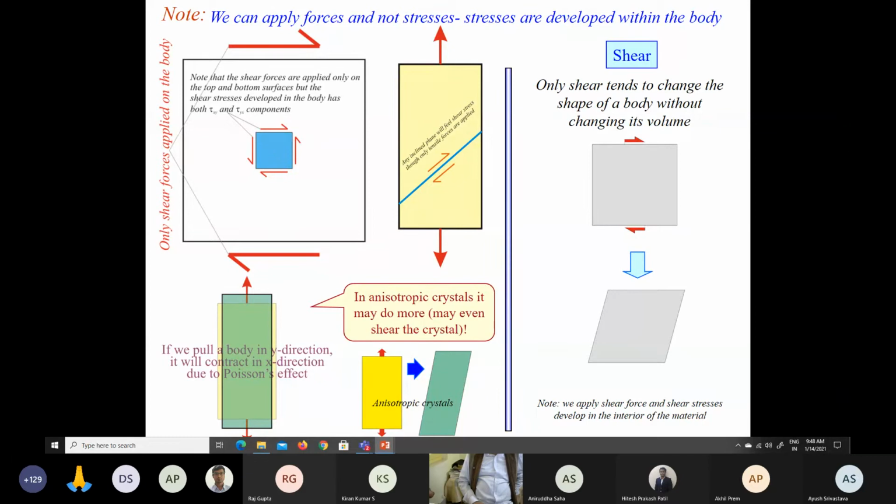Now we can apply forces, not stresses. Okay, please be aware that stresses are effects and forces are causing stresses. So we can apply forces, not stresses, and stresses are developed within the body. These are basic concepts I am trying to revisit. So this is only shear stresses applied on the body. If only the shear stresses are applied, and this is the body within which we can define a stress element,